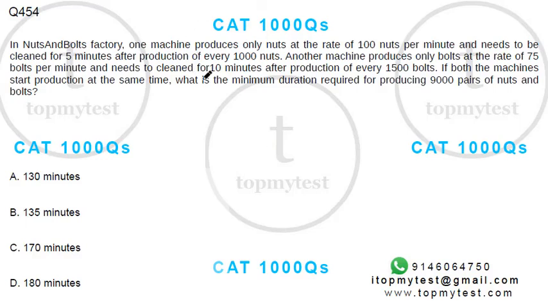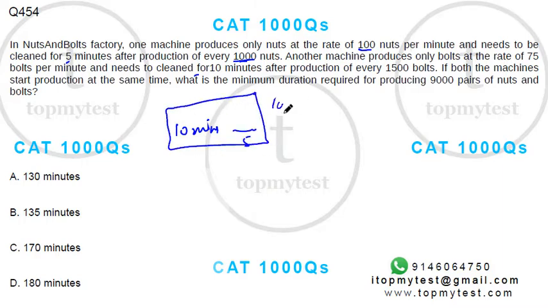So this one says, in a nuts and bolts factory, one machine produces only nuts at a rate of 100 nuts per minute and needs to be cleaned for 5 minutes after production of 1000 nuts. So it will work for 10 minutes, right? Then it has to rest for 5 minutes. So in this group of 15 minutes, it will produce 1000 nuts,